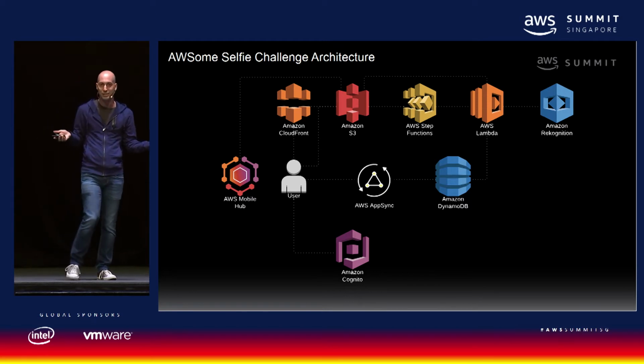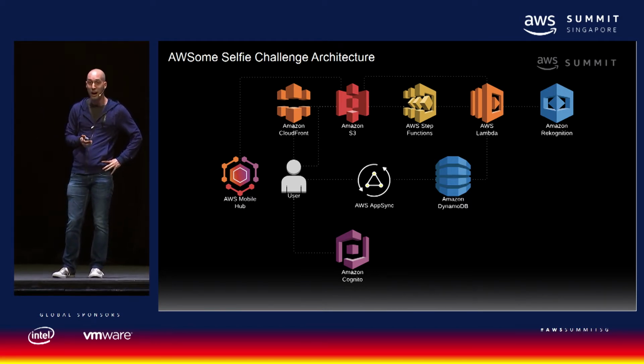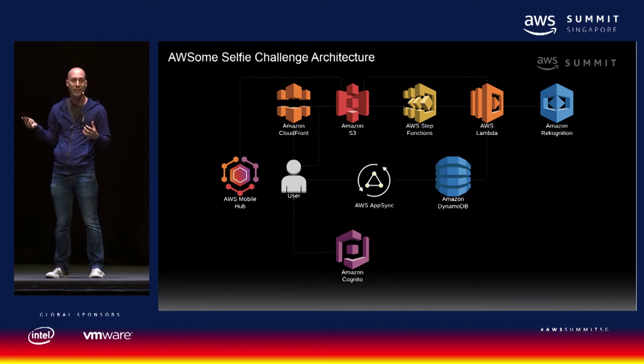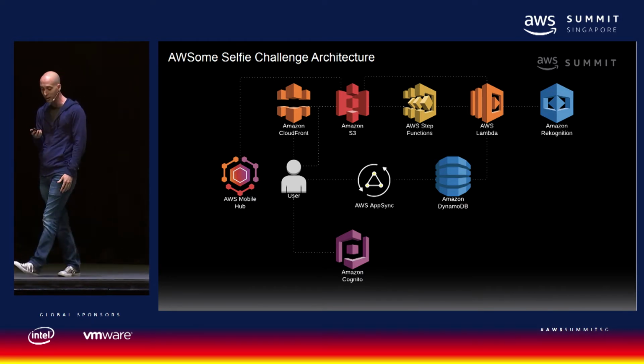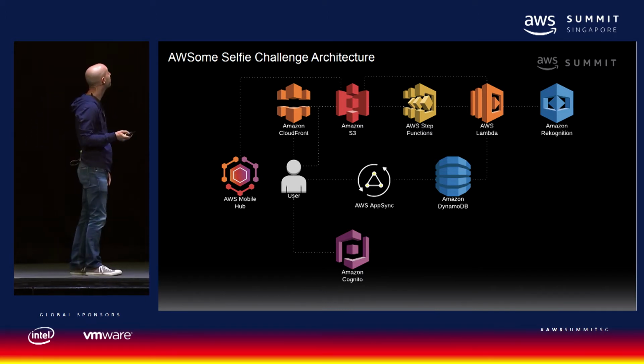This was just a simulation today. FINRA, I think you heard at the keynote this morning, processes 500 billion validations of market events in the US stock market every day using Lambda. So it's insanely scalable, and it can definitely handle your loads. So now I want to move on, and I want to talk about